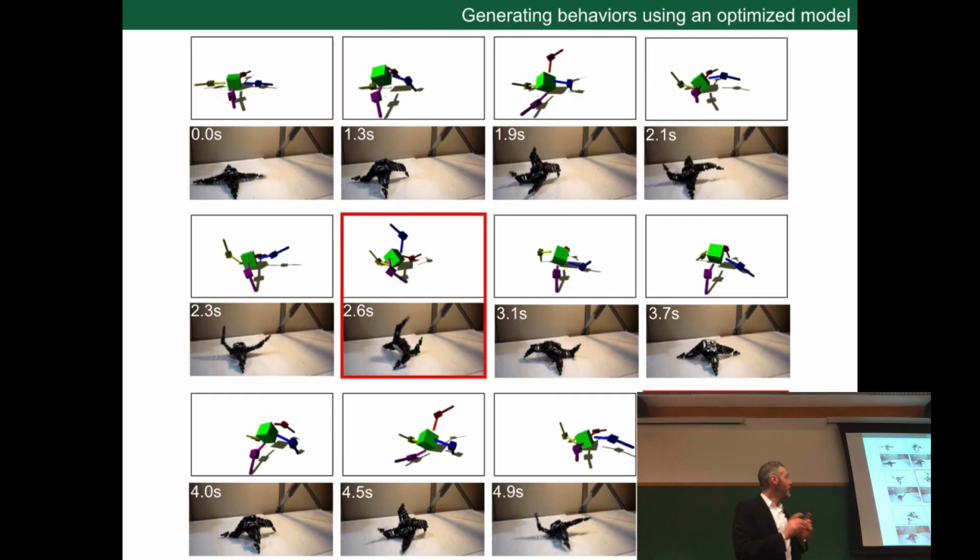Okay. Here's a time series from the run that we watched, the videos that we watched. You can see in the top panels, the simulated robot, that's what the evolutionary algorithm predicted the physical robot would do. Remember that it takes an evolved simulator and evolves a good controller on it. That's this good controller here. From the physical robot's point of view, it says, I think this is what I'm going to do in reality if I try it out. And then the robot tries it out.